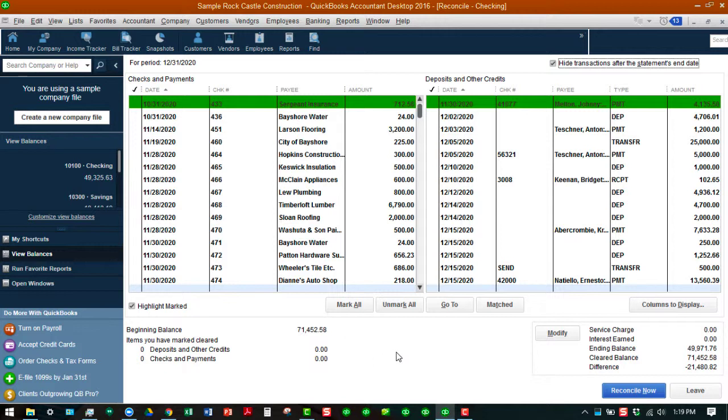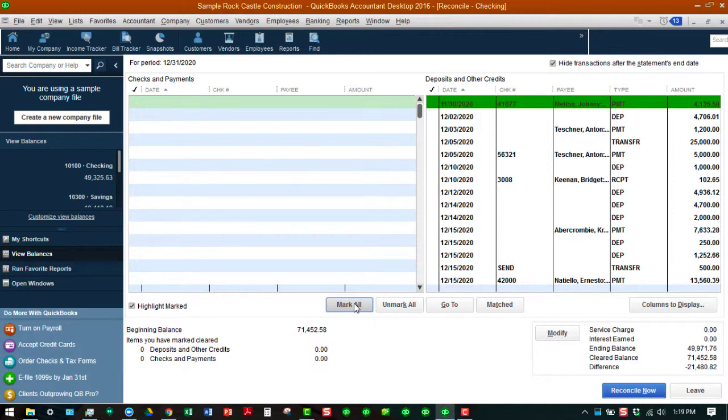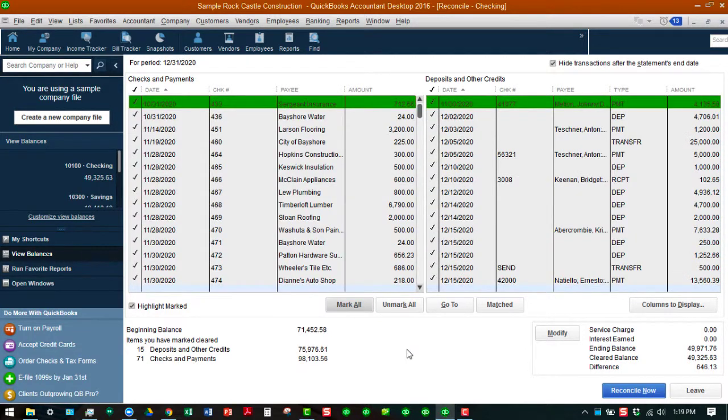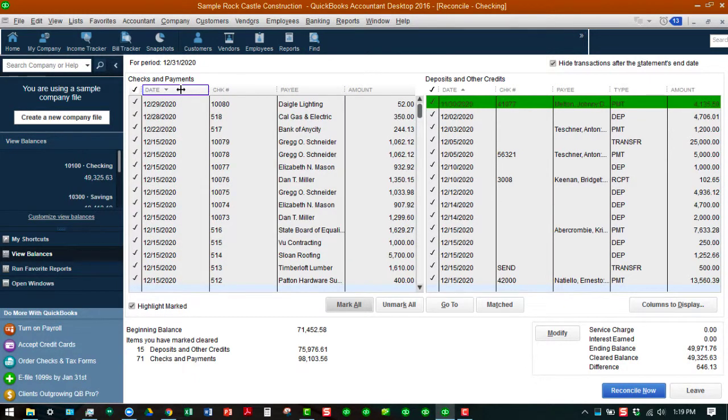But what I'm going to do, and I know this might sound counterintuitive, is I'm going to go ahead and mark everything. Because what happens when you do that, you look at the difference, because you always want to make sure that the difference is 0. And you hope that the difference is not that far off, because if it's not that far off, then you can probably go down to the end. You can actually sort by date, and let's do that. We're going to put the most recent transactions on top,